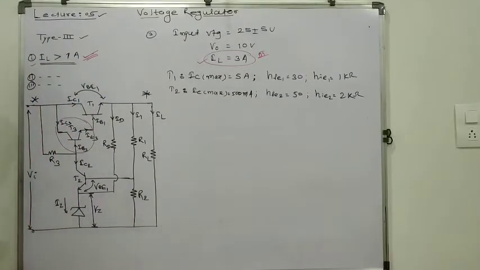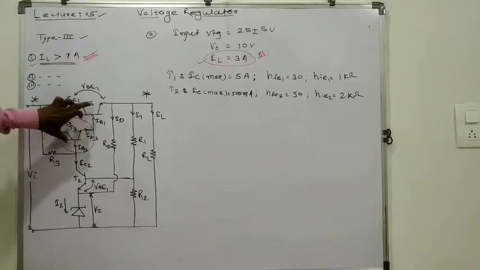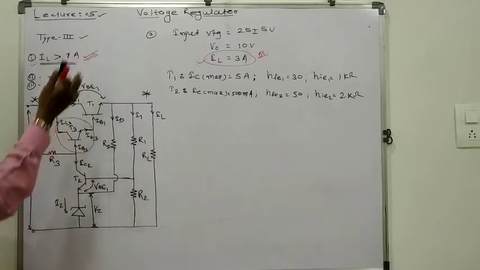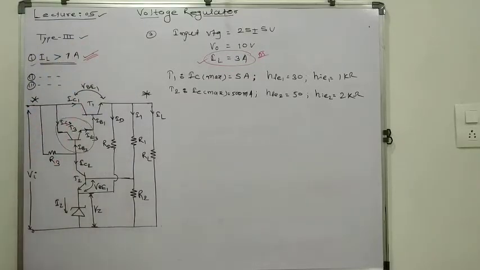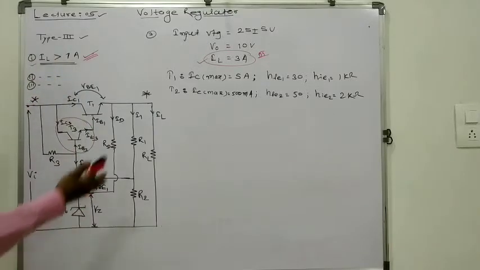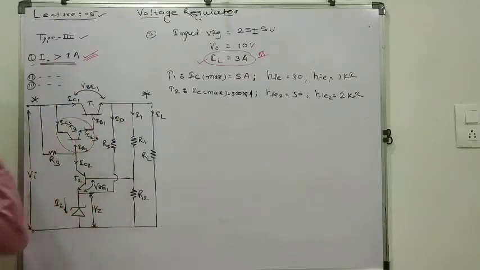As you might have learned in EDC in third semester, this arrangement of the transistor is used to increase the level of current, a current boosting element. As we require more than 1 ampere, this arrangement can be made. It might be called a Darlington pair arrangement. This is the extra arrangement done in type number 3. The remaining parts remain the same as type number 1 and type number 2.